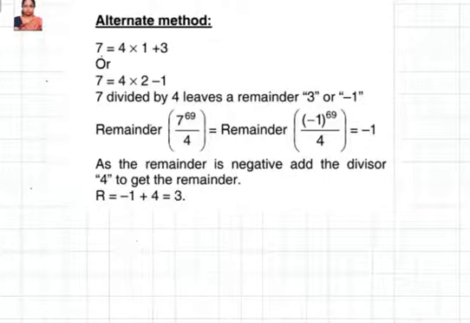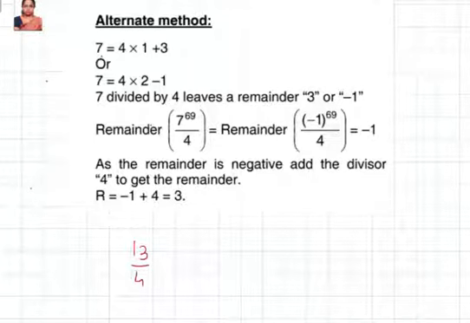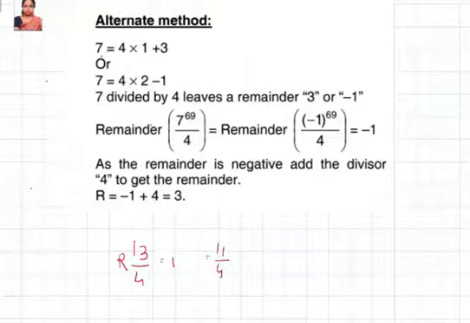Suppose I say 13, when you divide by 4, what is the remainder? You know that 12 goes, the balance will be 1. Easy to find because 12 is a multiple of 4. So after that you have 1 extra, so therefore the remainder becomes 1. But at the same time, suppose I say 11 by 4, what is the remainder? Then you need to go for 8. After 8 it is 3.